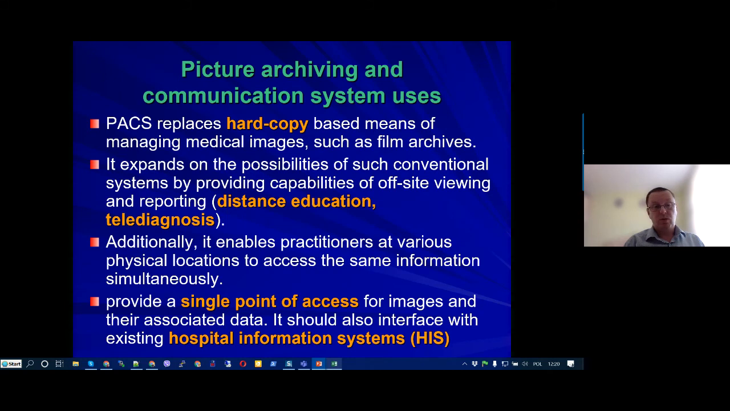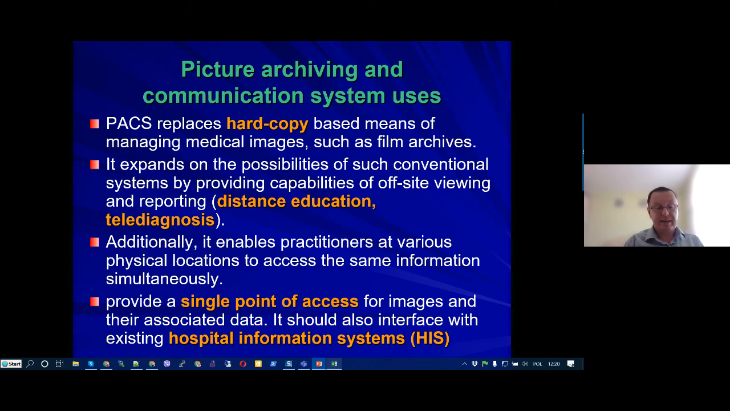The main aim of PACS is the replacement of hard copy, the basic means of managing medical images such as film archives. It gives extremely valuable importance, for example, for distance education, for usage of such data in medical processes and so on. So it's critically important to have a reliable archive of digital images, and the ability to exchange that